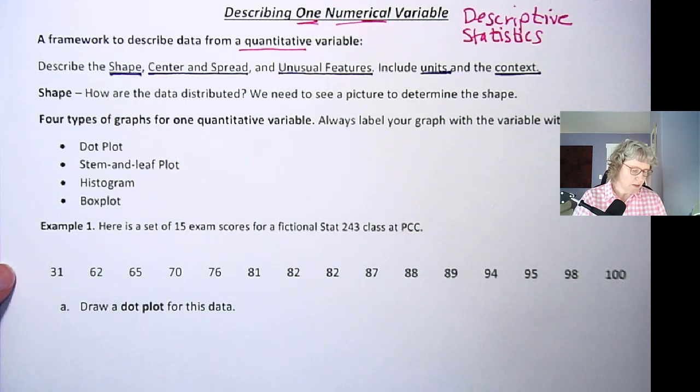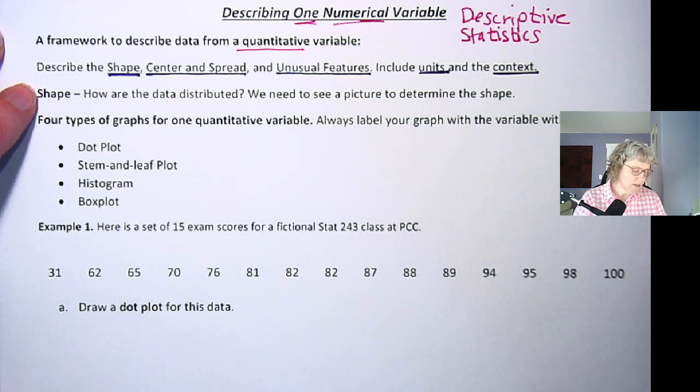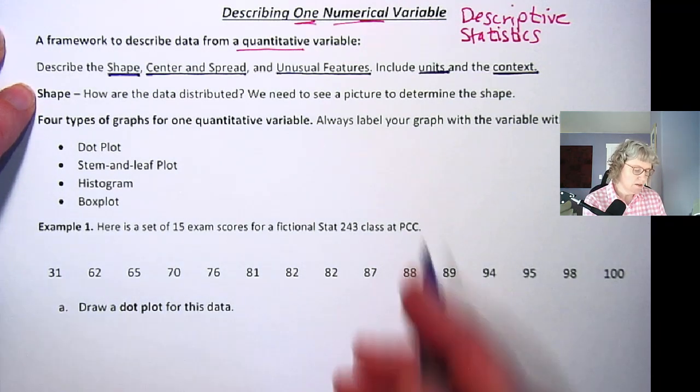And you might notice by looking at the numbers, it's hard to really tell what's going on. You might see, okay, one looks lower than the rest, but we really want a picture to see what's going on with the data. And so that helps us determine the shape. Okay, so a question for the shape is, how are the data distributed? We need to see a picture